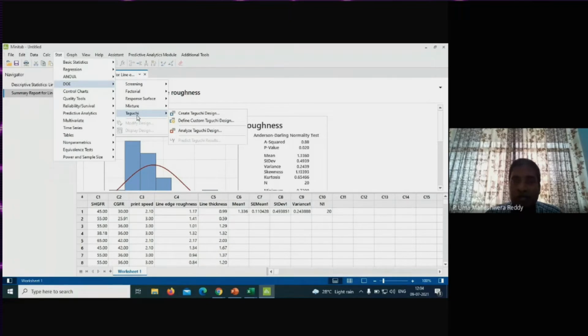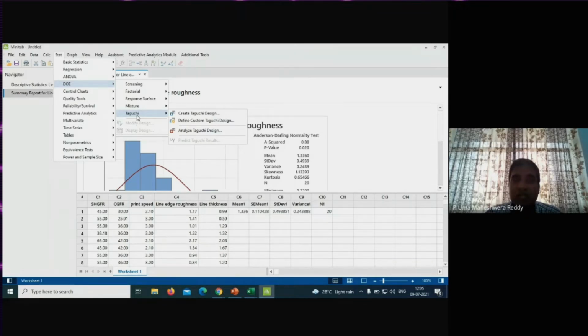As I mentioned, if you select 5 input parameters with 3 levels each, we are going to have 3 to the power of 5 combinations, more than 100 experiments. It is not possible to conduct such expensive experimental trials. So if you use the Taguchi technique, it will minimize the number of experiments without affecting the process performance.